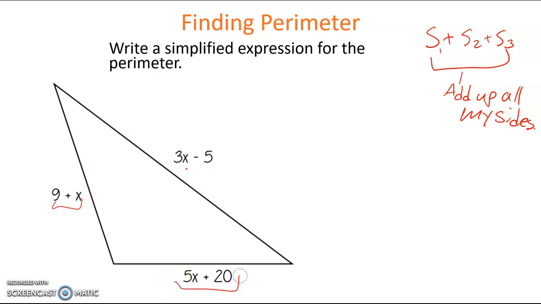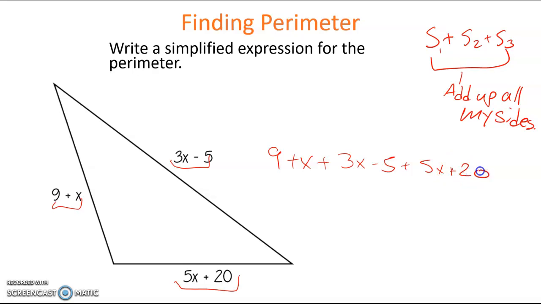I'm not given values, but I'm given expressions. I'm just going to add them all up, all right? So say I got 9 plus x, and then add 3x minus 5, and then add 5x